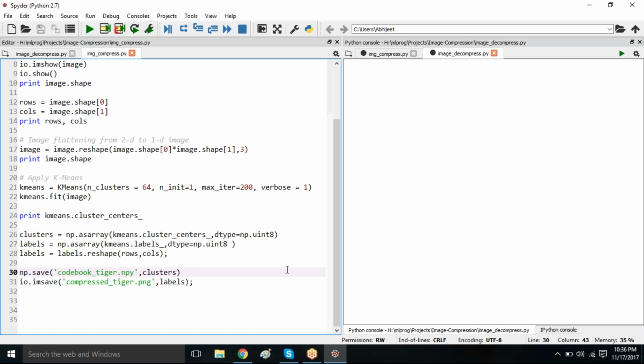Or maybe 128 you can keep, if you feel 64 won't suffice. So instead of using 255 into 255 into 255 combinations, I am limited to 64 or 128 colors. That's it. Because any photograph will not have more colors than that. So that's why I am performing k-means clustering with k = 64